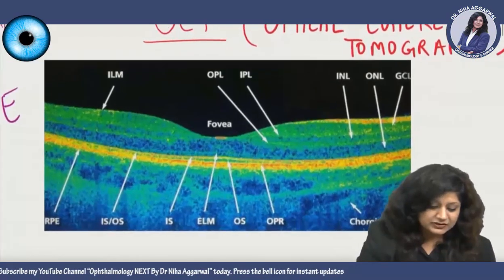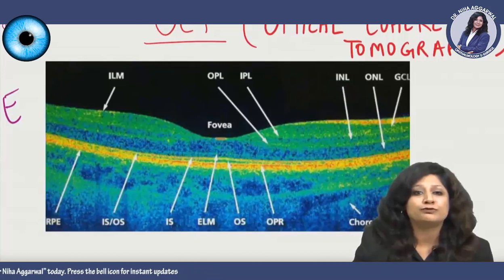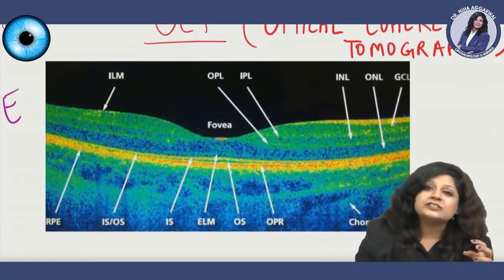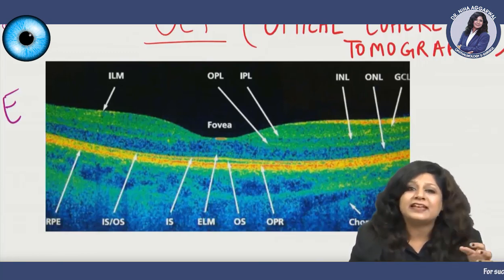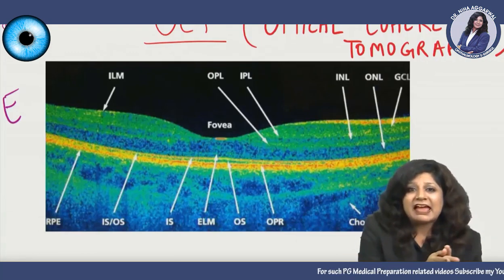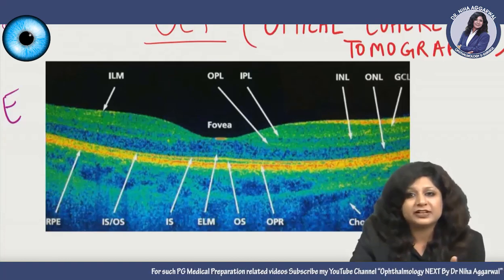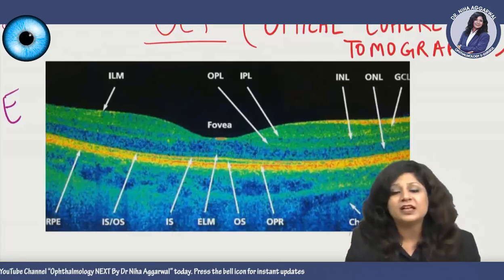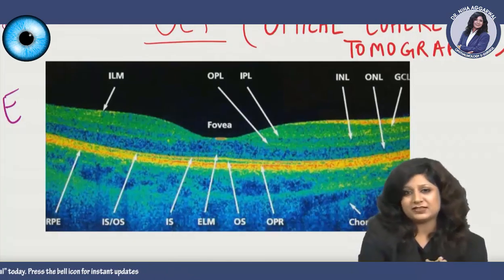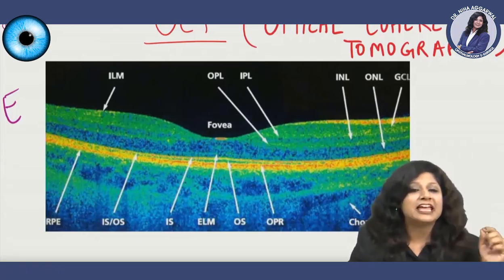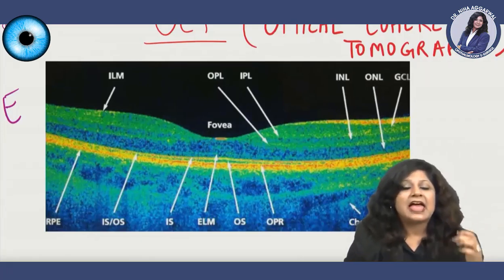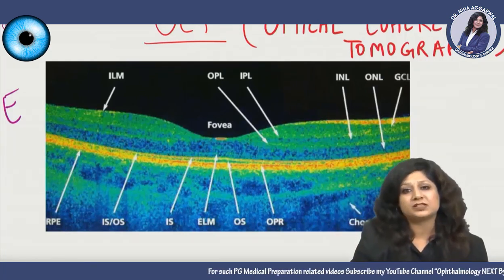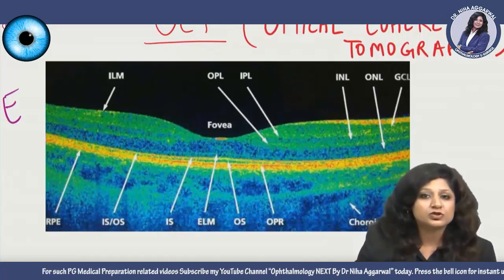Can you see here? I have taken a very basic picture of OCT, optical coherence tomography. What it is using is radiations, and then it is coming up with the contours of the retina. Tomography means the contours of the retina. Now, how many layers in the retina? You all know that we have 10 layers in the retina, and these 10 layers can actually be delineated on this OCT, that is optical coherence tomography.